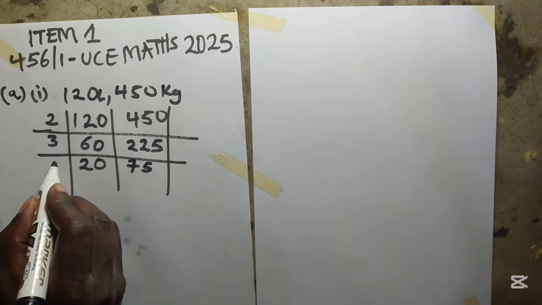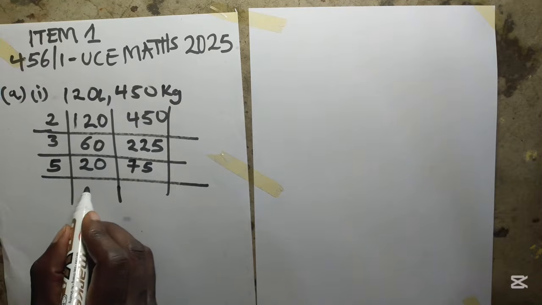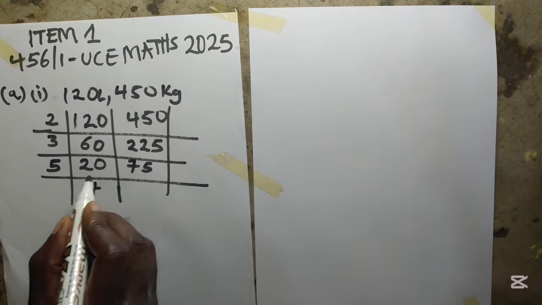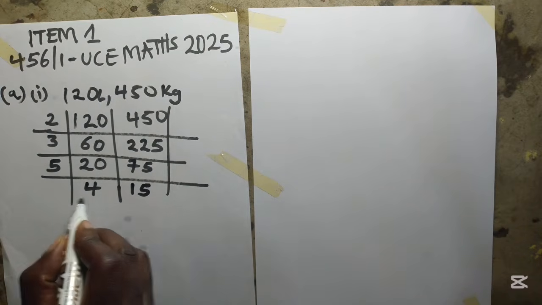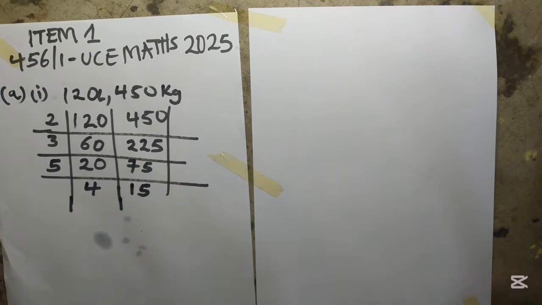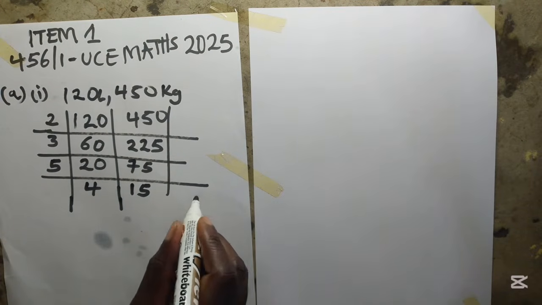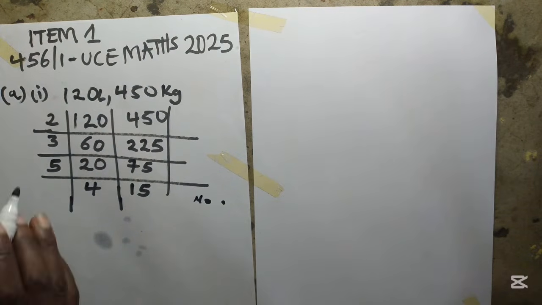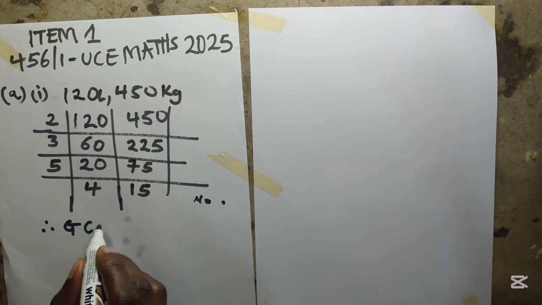Can 5 divide both numbers? Yes. So you put it there, and then you say 20 by 5. What do you get? This is 4. 75 by 5 you get, I think it is 15. Do we have any other number which can divide both numbers, 4 and 15? The answer is no. So after reaching that step, when you have fully divided, you say therefore the greatest common